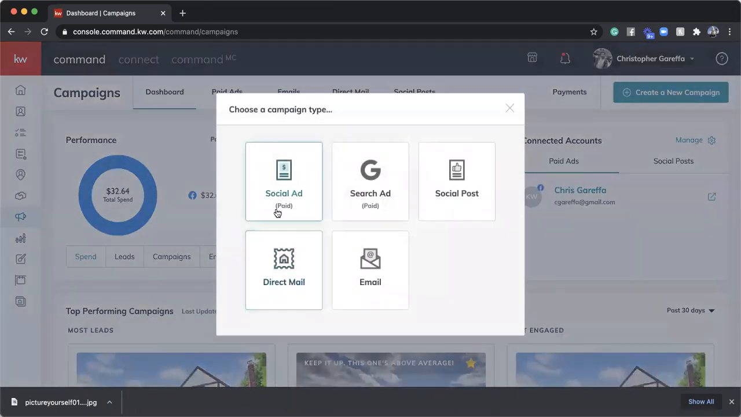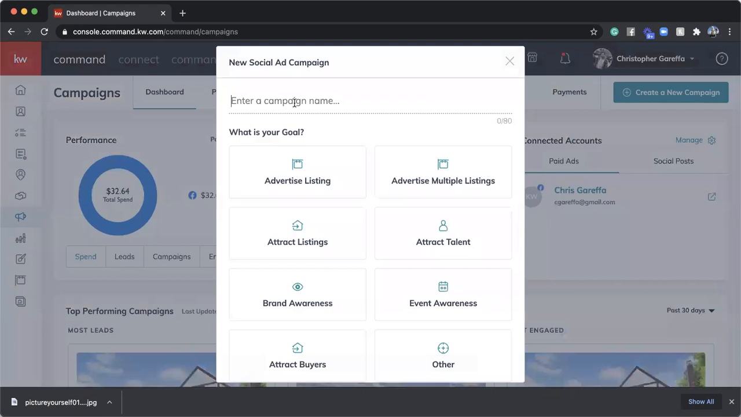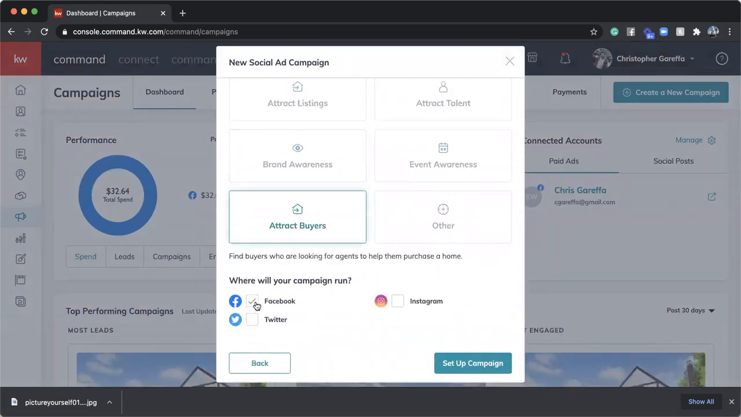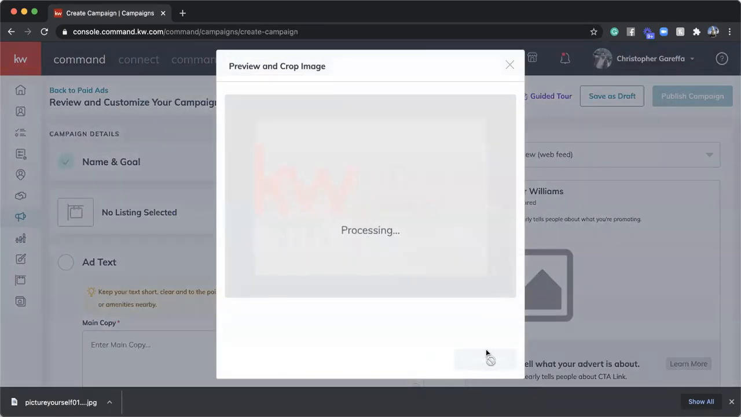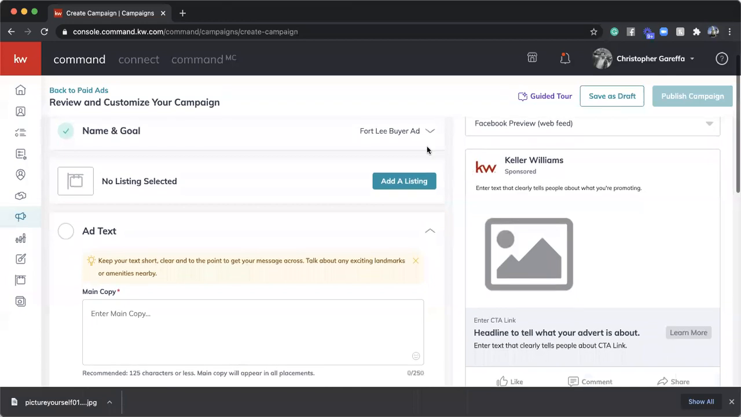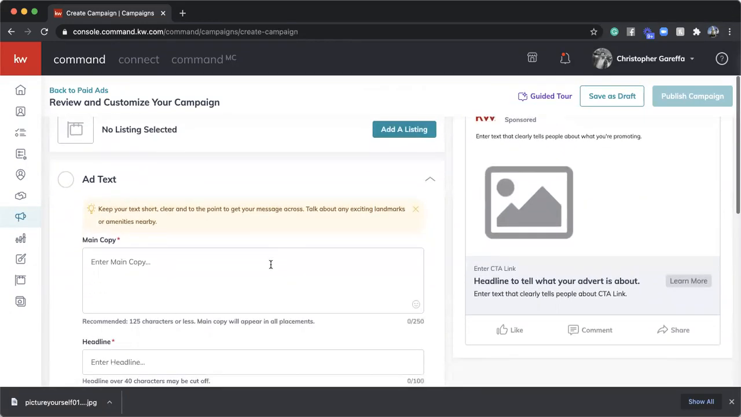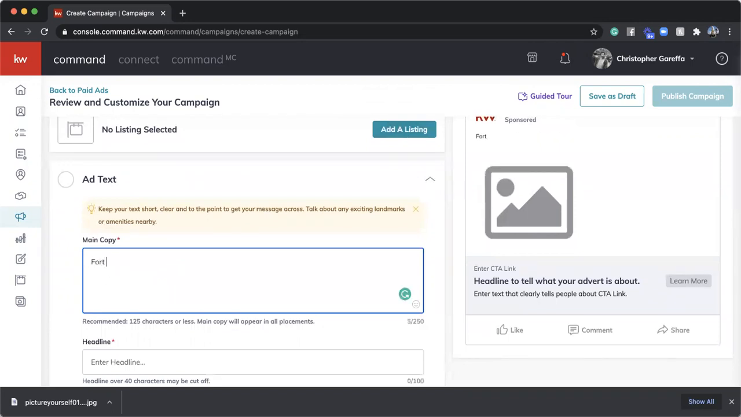We're going to do a social ad, and I'm going to put here Fort Lee buyer ad. Then let's do attract buyers. We're going to do Facebook setup, and we're not going to worry about adding a listing at this point. We're going to say something like the Fort Lee,